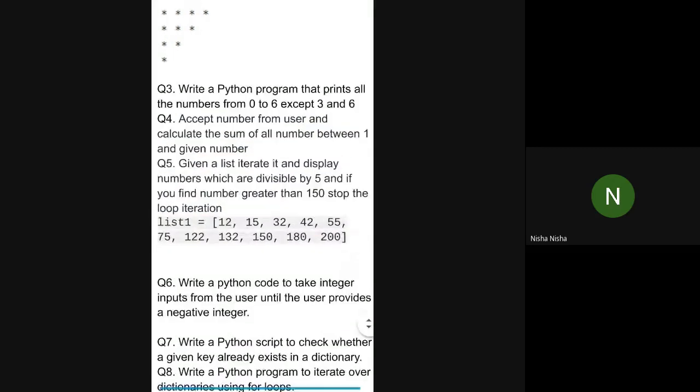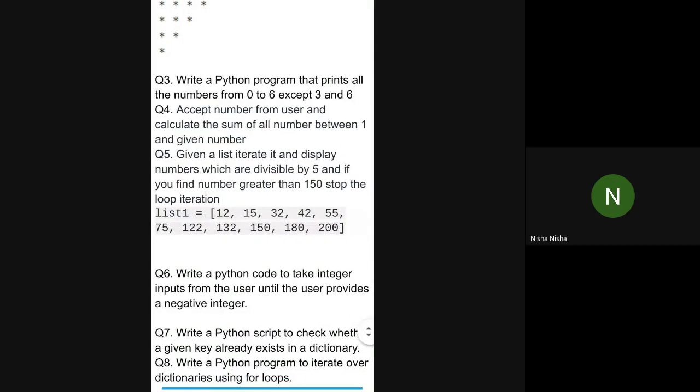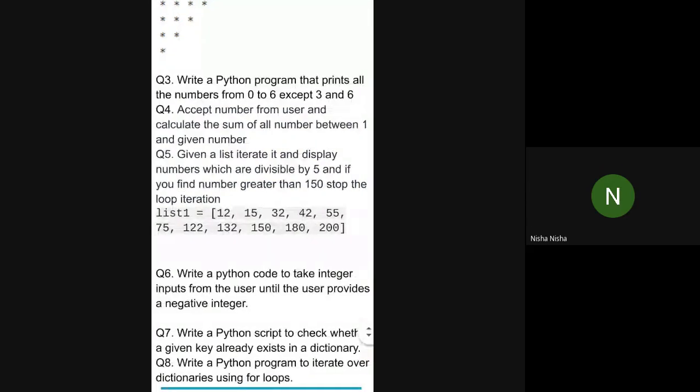Okay, so next question: accept a number from the user and calculate the sum of all numbers between 1 and the given number. So in this case, first you have to accept a number from the user. If the user gives 5 as an integer, you are going to calculate the sum of 1, 2, 3, 4 and 5.